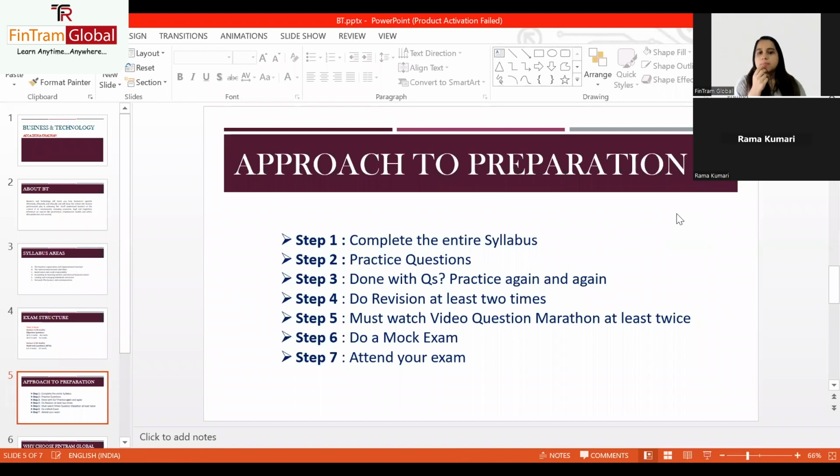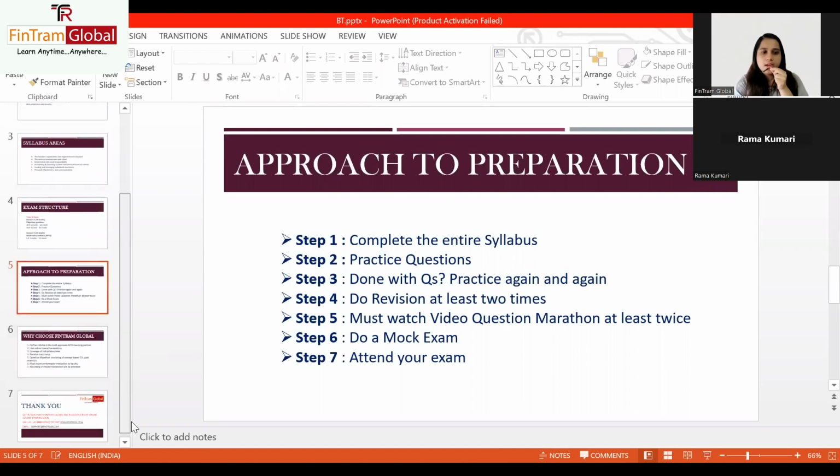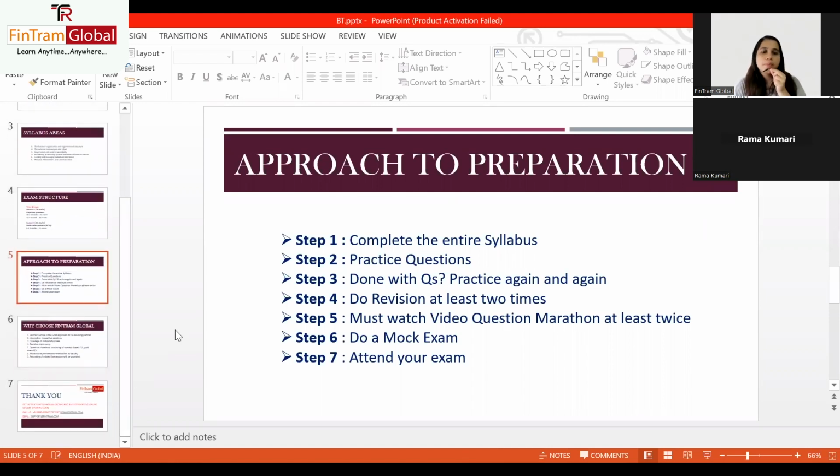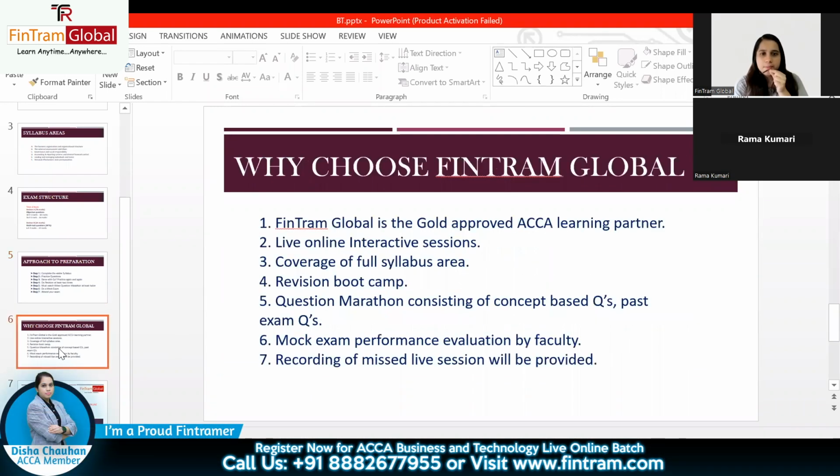And of course, step 7 is for on-demand exams, that you should book your exam and then, finally, attend your exam. The choice is given to the students, so you can decide the date. One should always pick a date which is suitable for them. For example, if someone is in college, make sure your college exams are not at that time, so that you can dedicate some time to this paper, and then you can finally attend the exam.